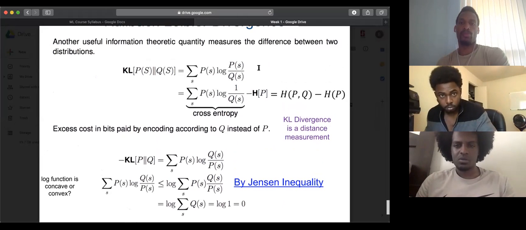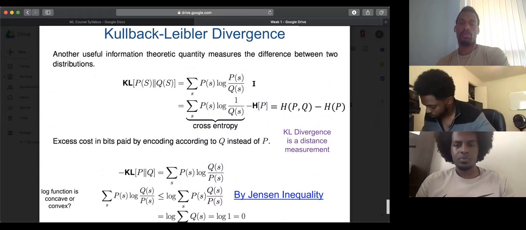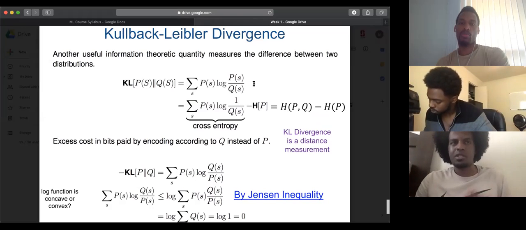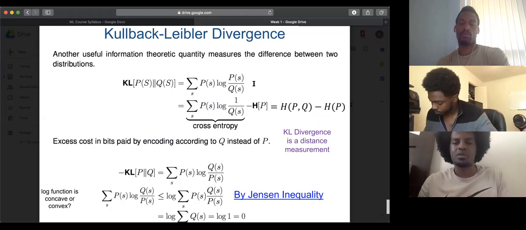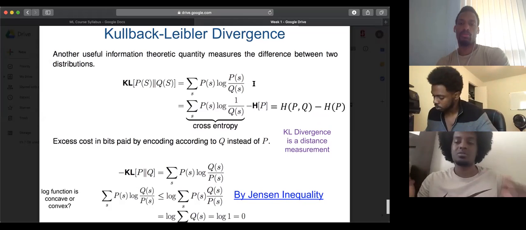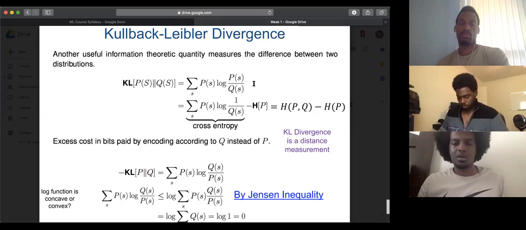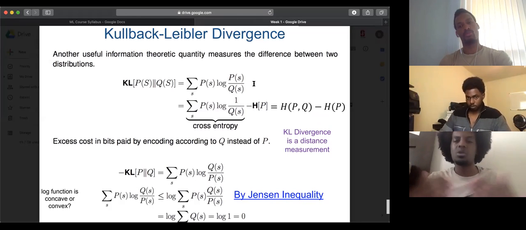Does that make sense? The difference between two distributions. Yeah. So think about it like in a graph. If I take my 10 coin flips and I have my new distribution Q and I throw those X values into the new Q and then graph both sets of discrete data points, my q of x of i and my p of x of i, this is the distance, the actual distance between those two data points on the graph. I've figured out what the distance is between them if I mapped them out physically.